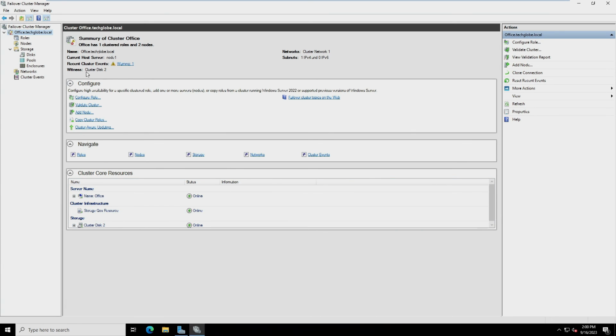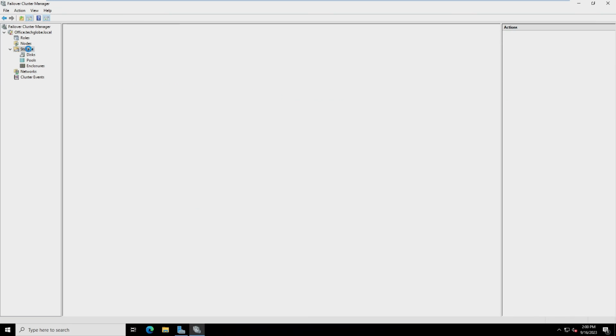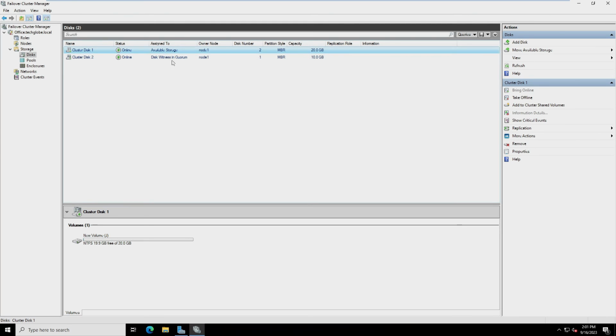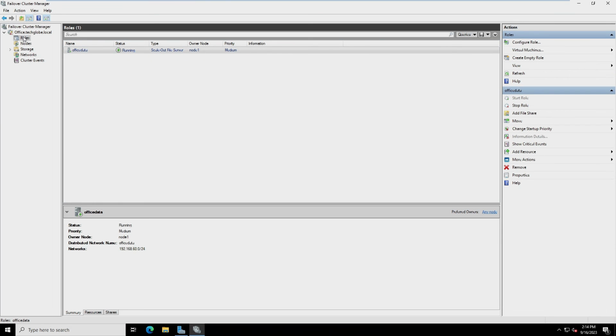Now you can see here the cluster disk 2. Okay, the witness disk is selected, and go to the storage again. You can see here the available storage and the disk witness in quorum. Okay, I'm going to select the 20 GB, right click and add to cluster shared volumes. Okay, click on that. Then after that, I'm going to the roles again and right click the office data and